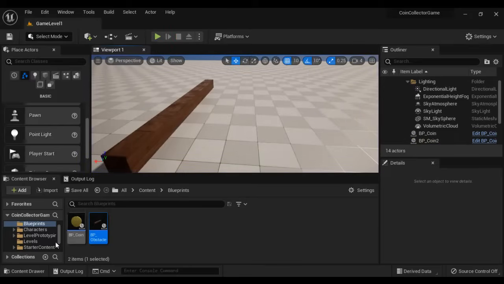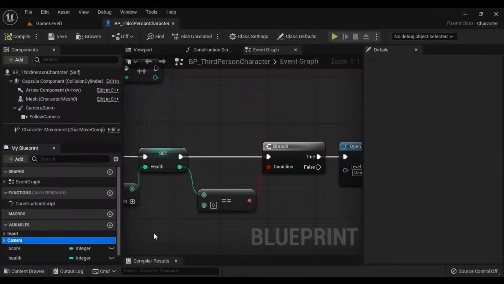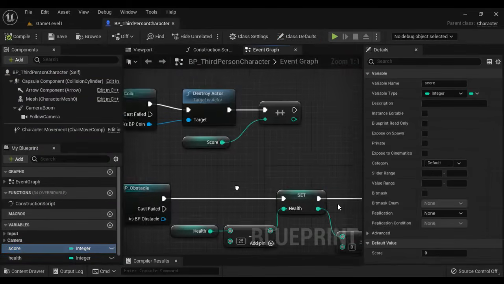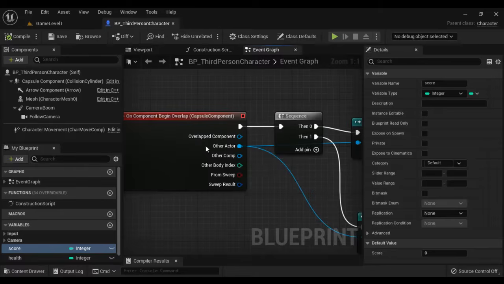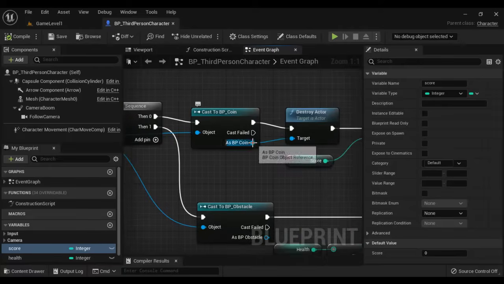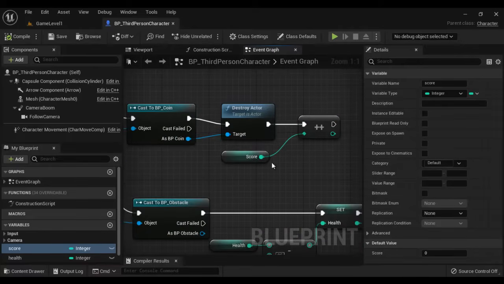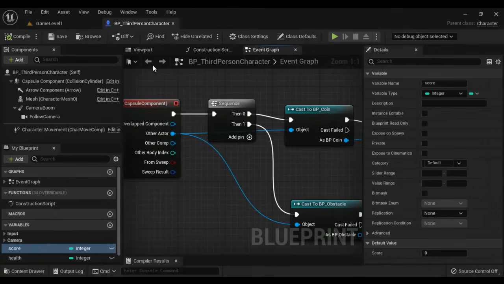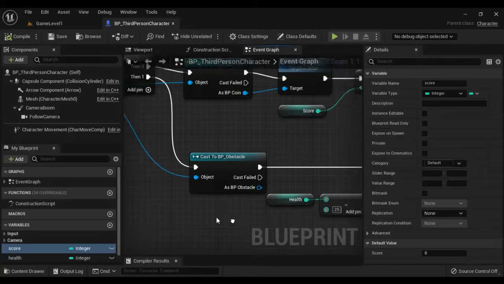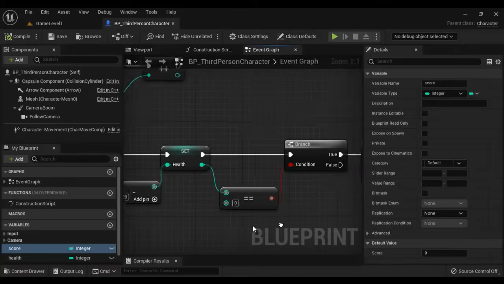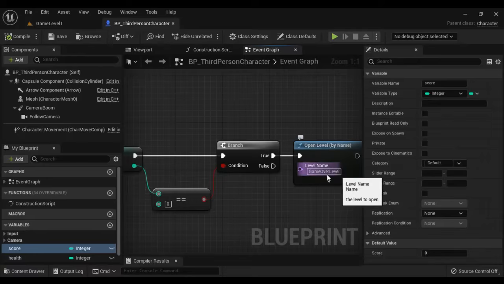So where did we implement that code? We implemented that code in BP third person character. In the BP third person character, we have two variables, score and health. If the player capsule component overlaps with BP underscore coin, we are destroying that coin and we are incrementing the score. In the same way, if the capsule component of BP third person character overlaps with BP obstacle, we are reducing the health. If health becomes 0, we are moving to the game over level,